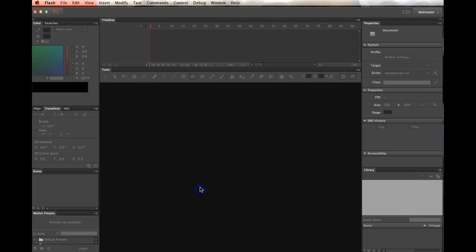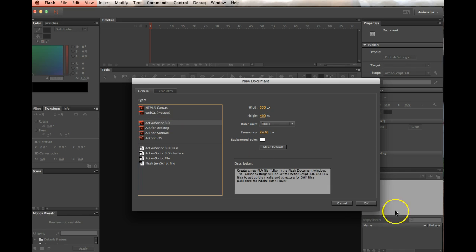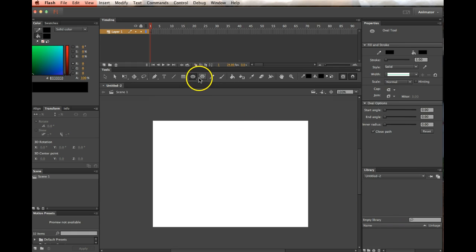Okay, I'm going to show you how to do the dancing man. So first, start a new Flash file, ActionScript 3.0. Okay, and then draw your man. The oval tool, make sure that the object drawing is turned on. I'm just going to do